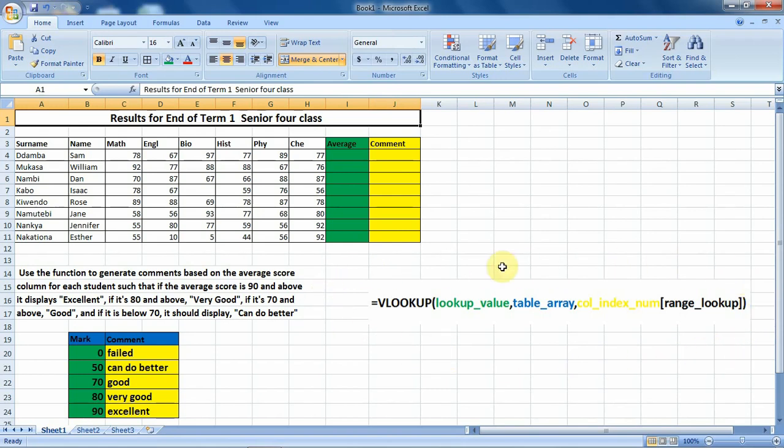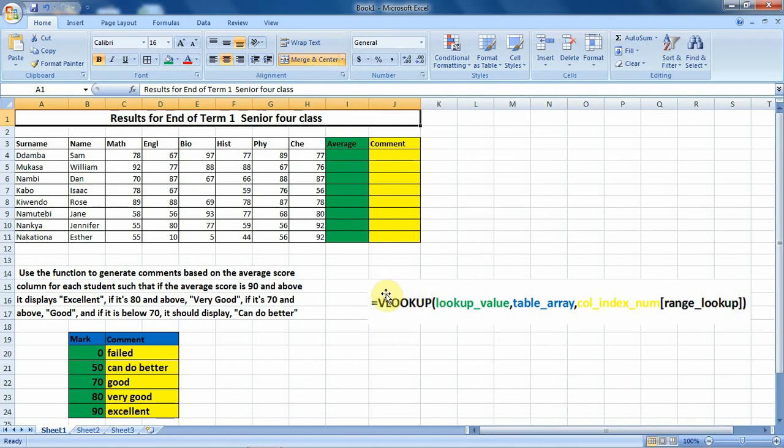What we have on our screen here is the syntax for this function we are calling the VLOOKUP. Just like any other function, when you're writing this function in your spreadsheet, it has to start with an equal sign. Then after the equal sign, you go ahead and define the function name as VLOOKUP.